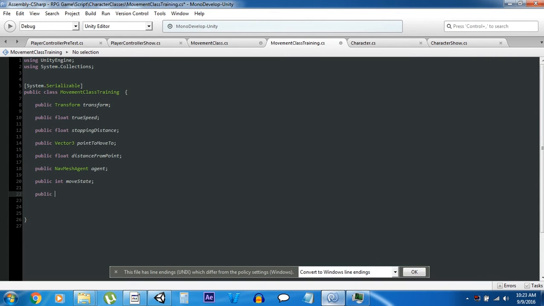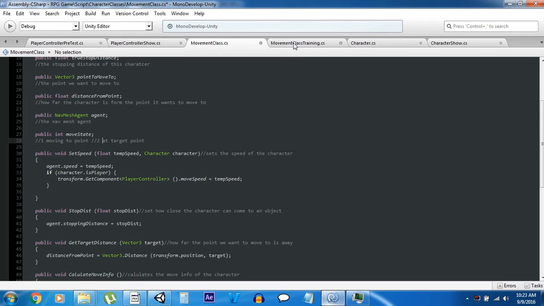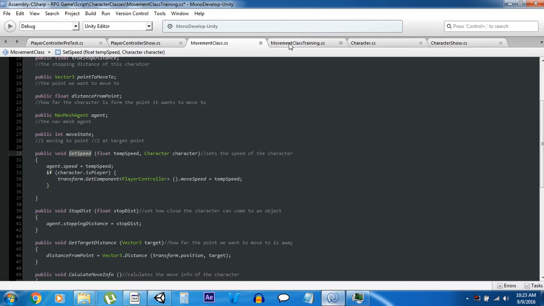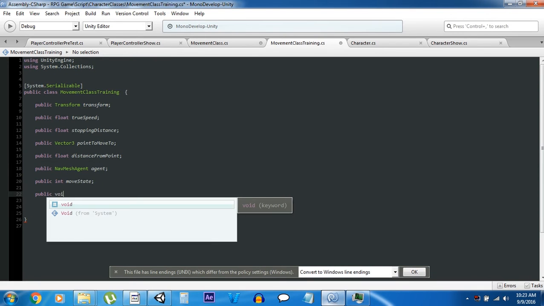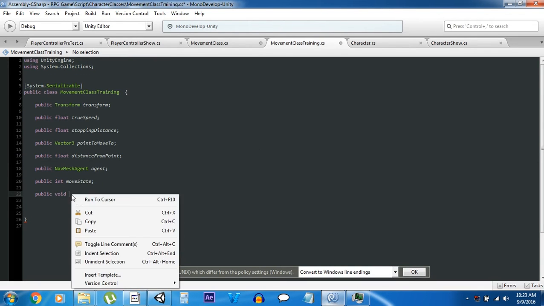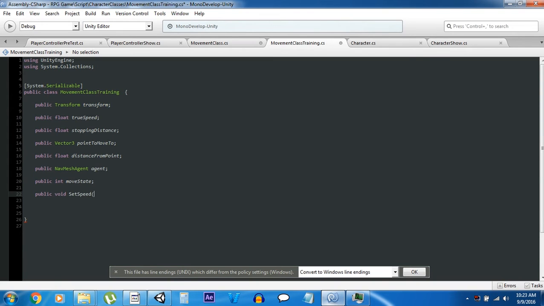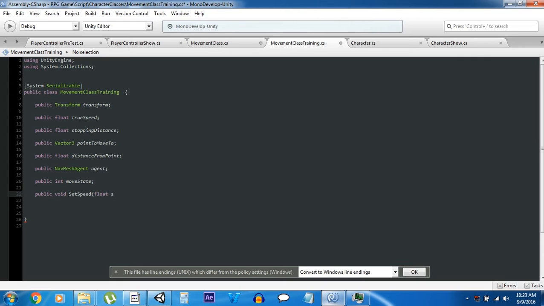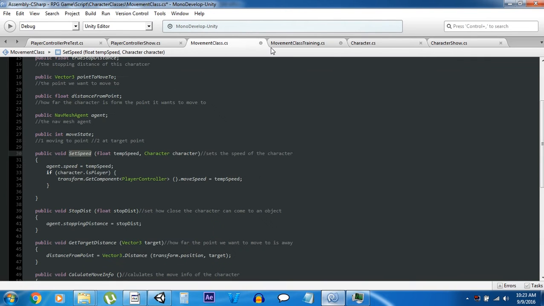We got to make it public so we can access it from the mono development character script that we're going to call it from. I can't believe I need to look that up, but I might as well copy it while I'm here just to make sure I get the name right. Void set speed, and what it's going to take is the speed we want to set it to, which, let me just make sure I name that right. Temp speed,